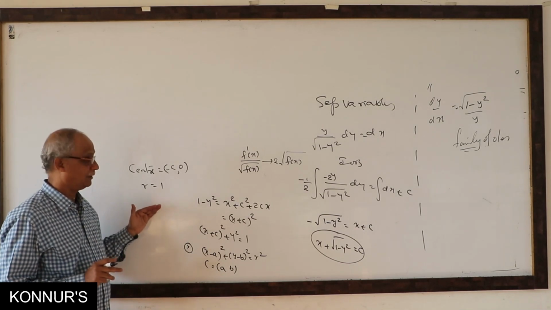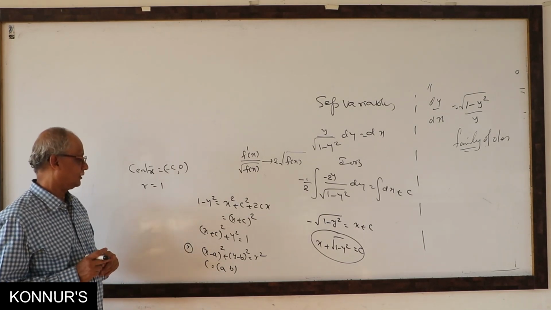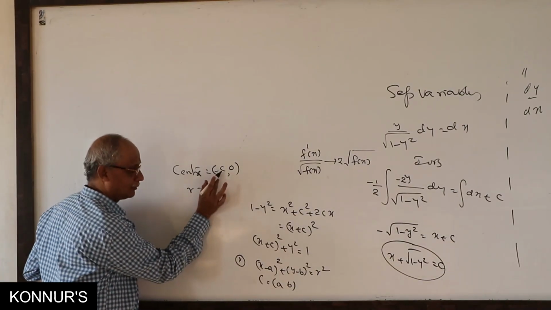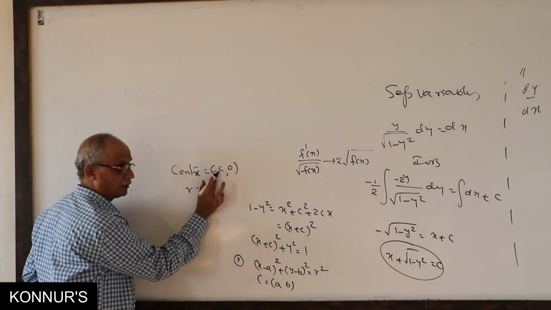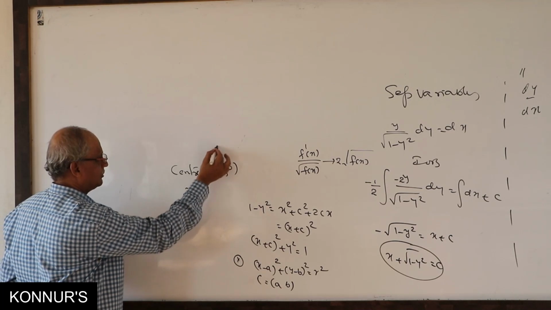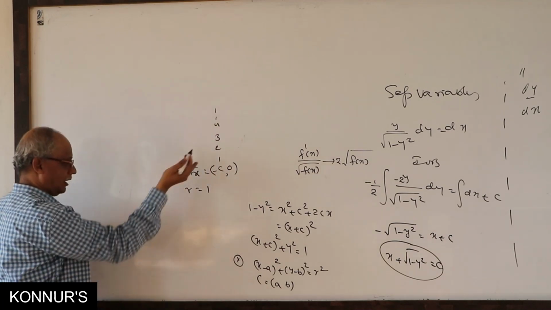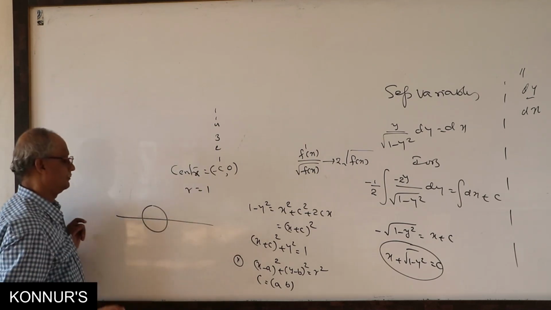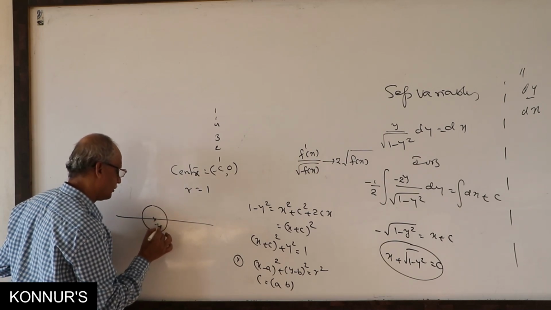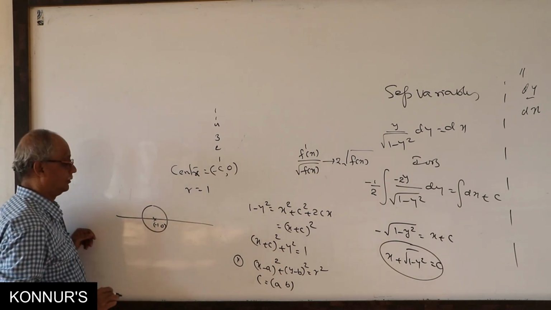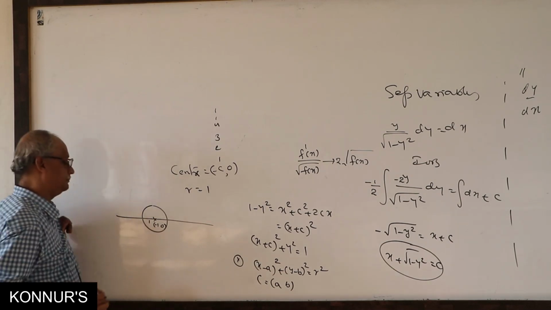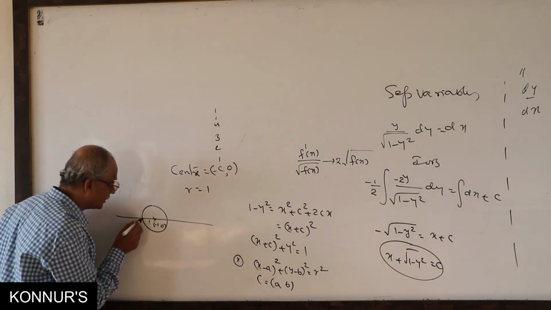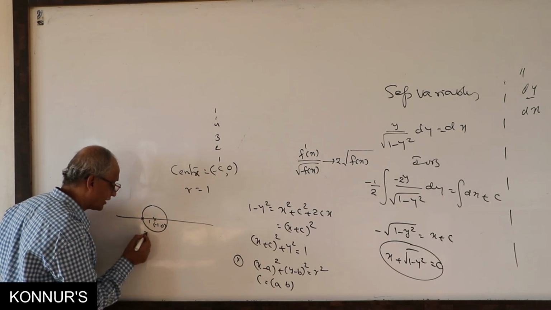If I extend a little bit to mains level, now you see, I will give you one diagram for this. See here, center is minus c, 0, where c is variable, radius is fixed. Assume that c value is 1, 2, 3, 4, and so on. I am assuming c positive, but minus c is there. Consider one circle first. This is minus 1, 0. Radius is 1 unit. If I take 2, then radius will be 1 unit and it becomes minus 2, 0.